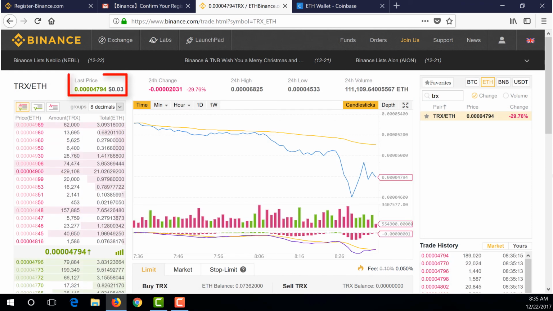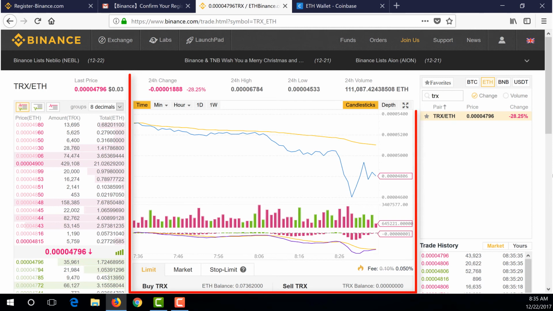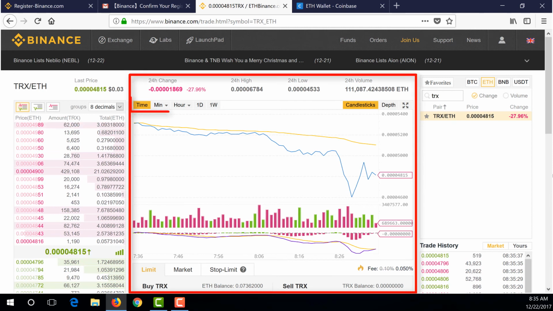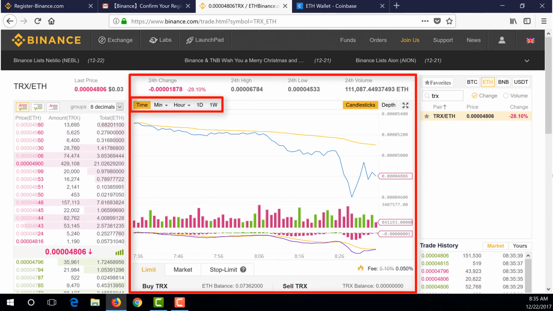The current price is listed above, which in this case is about 3 cents each. In the center is a chart showing the price over the last hour. You can see the last day or week by selecting here.